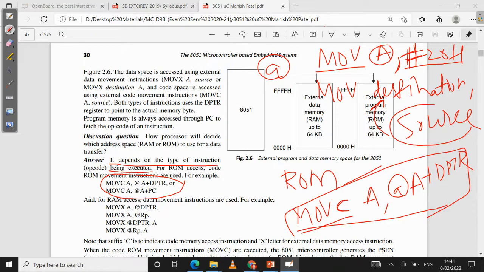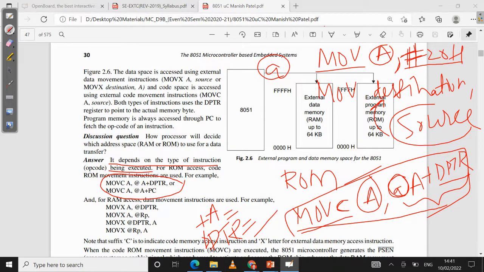So ये इंस्ट्रक्शन सिर्फ MOV नहीं है, this is MOVC. So it shows that this instruction is associated with the ROM or code memory. Then this is my source and this is my destination. Even there is an @. So A रजिस्टर में कुछ कंटेंट है, I do not know क्या कंटेंट है. DPTR में कुछ कंटेंट है, वो भी मुझे नहीं पता क्या है. But when I add A plus DPTR, मैं जब दोनों को ऐड करता हूं तो जो कुछ नंबर आता है,